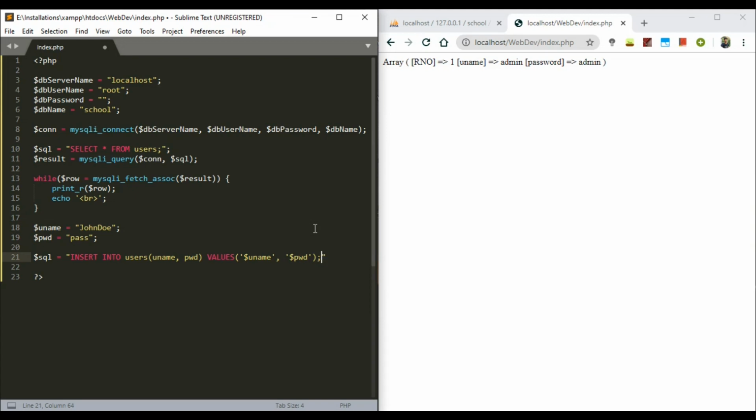The same way as above, to execute this query, use mysqli_query.